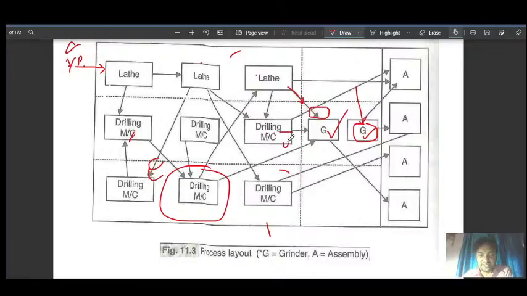Actually there are operators, and operators send the part from one machine to another machine. So as you know, this machine is not working, so it will not accept the part. The operator will not accept the part.